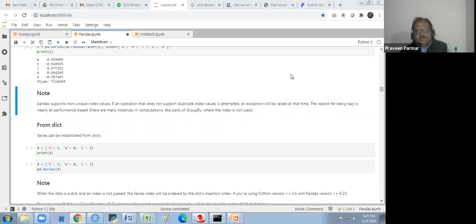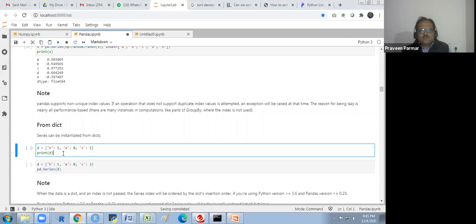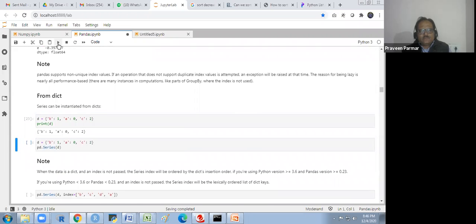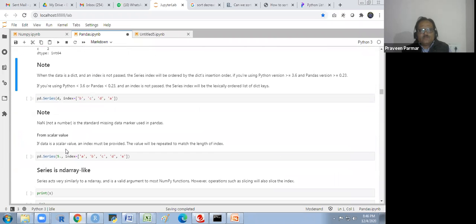So this is how we access the data from a Series. Now a Series can be instantiated from dicts, as I explained earlier.